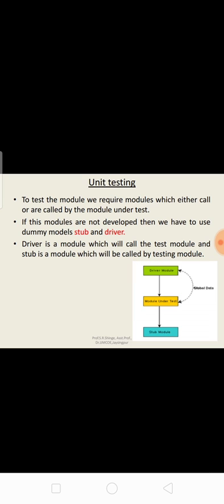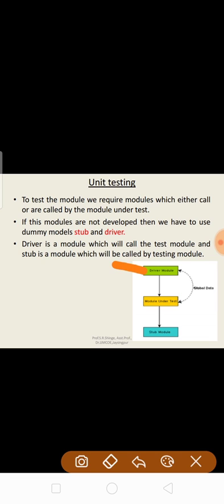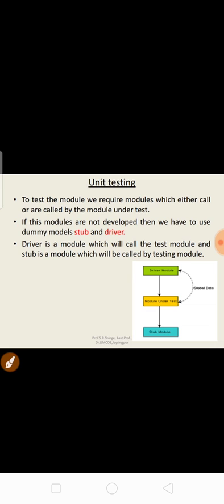But suppose during testing, these two modules are not developed, means the modules which either call or are called by our module under test are not developed. Then at that time we use dummy modules.